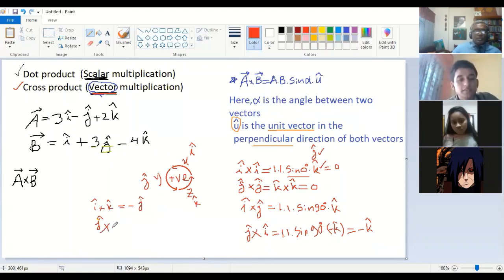When you understand this part, you can go to the next, that is the a cross b calculation. Now we have to finish because we have only 2 minutes left. So let me show you the a cross b calculation in the next class. We will use a matrix for this.